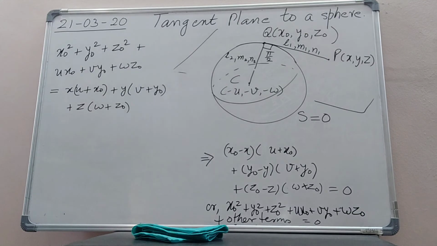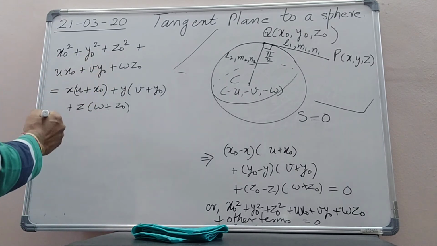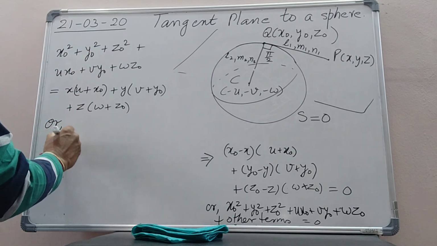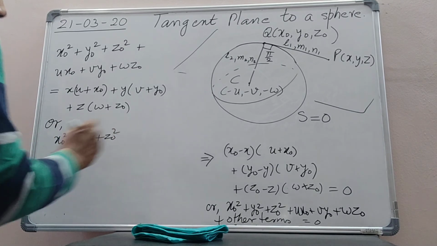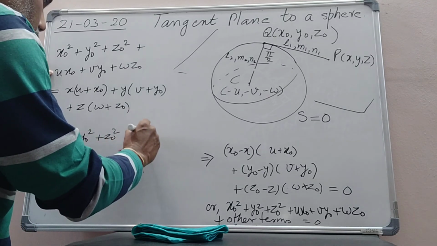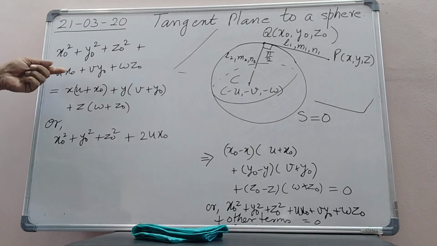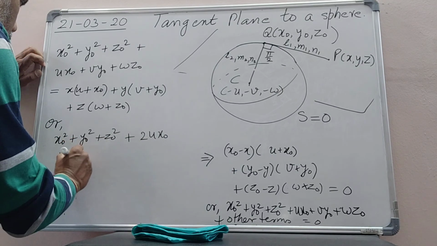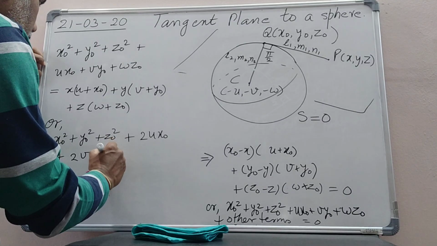Now a few more changes over here. We have x naught square plus y naught square plus z naught square plus 2 times u x naught. What I'm going to do is add this thing on both the sides. So I have 2u x naught plus twice v y naught plus twice